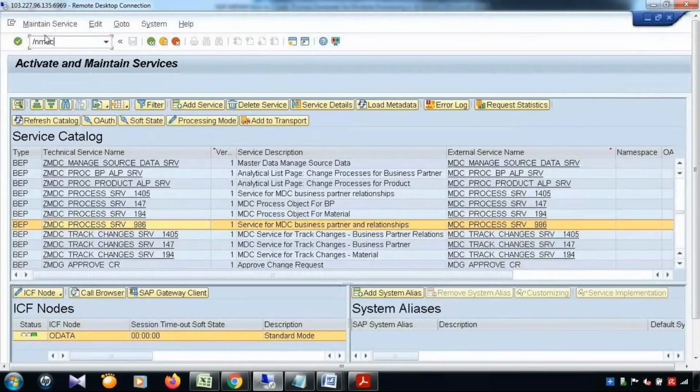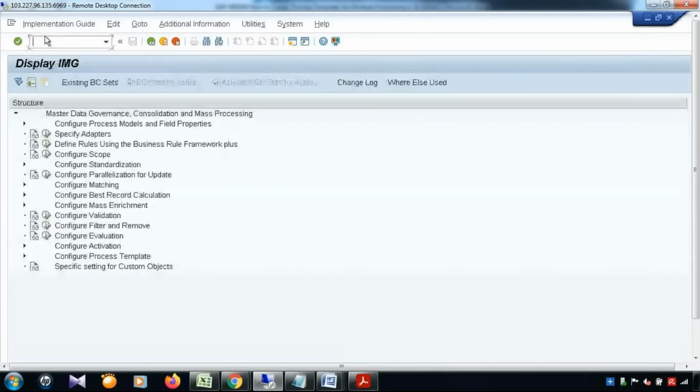MDC, Master Data Consolidation and Mass Processing, not MDG. MDC, IMG. Okay, so this is the Master Data Governance, Consolidation and Mass Processing. So here you need to go for configure process template,